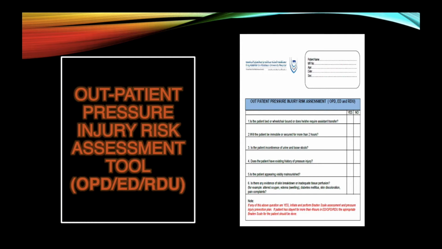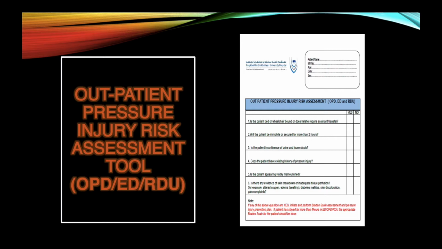If any of the above questions is yes, initiate and perform Braden scale assessment and pressure injury prevention plan. If the patient has stayed for more than 4 hours in OPD, ED, and RDU, the appropriate Braden scale for the